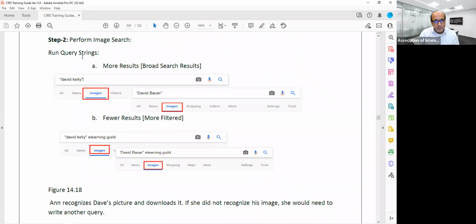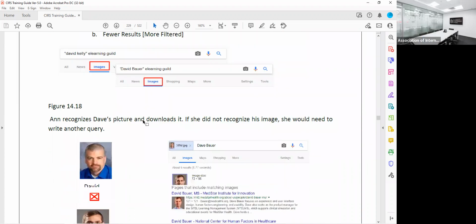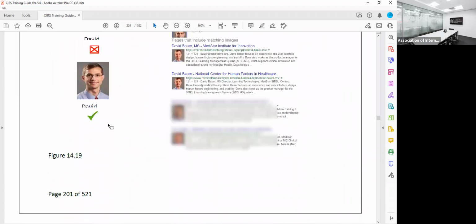You can do the image searches also, just to see if you can recognize right off that individual looks like the same person, and then you can connect the name to find the last name. So that's one thing you can do easily. If this doesn't work,